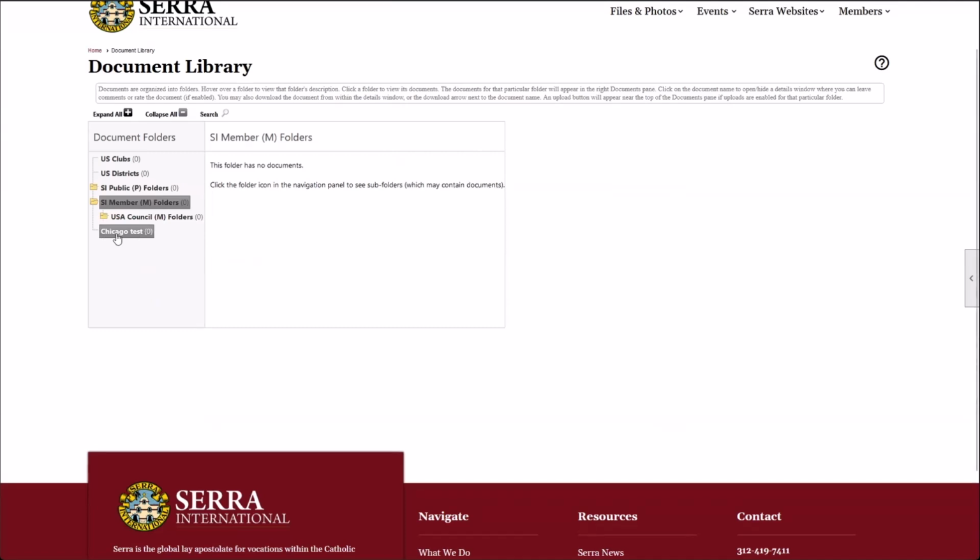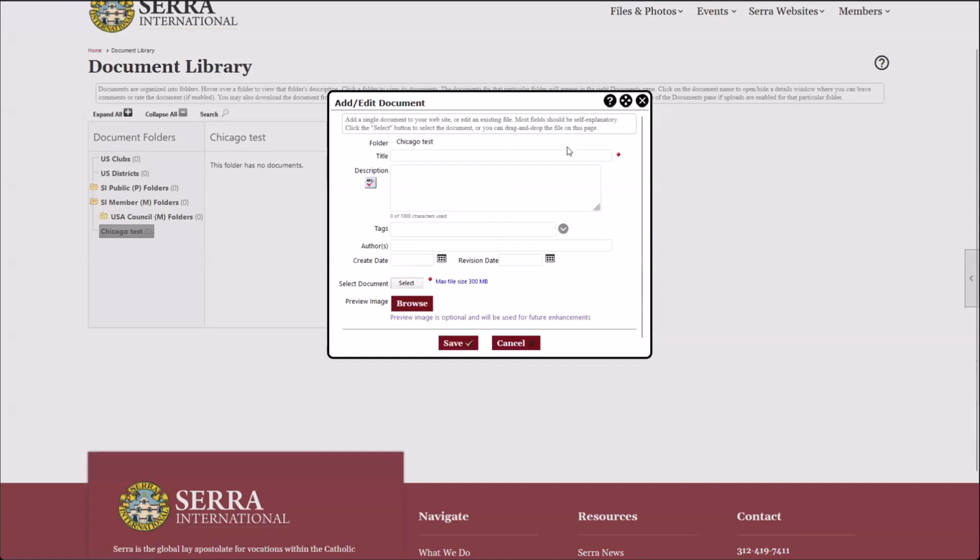to show you there is an option for certain folders to allow the public or to allow members to upload their own documents. So if you have a document that you think belongs in a certain folder, if the folder has been configured to allow for upload, you can click on that folder and you might see an option on the right-hand side that says upload, and this would let us upload a document of our own to that folder. And you'll see this little upload page where we can control the title, we can set a description for it,